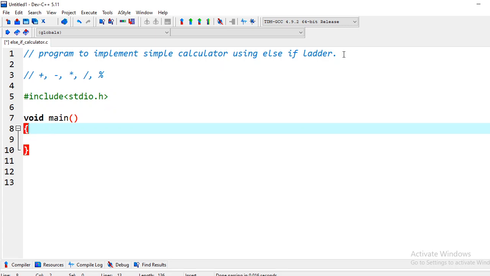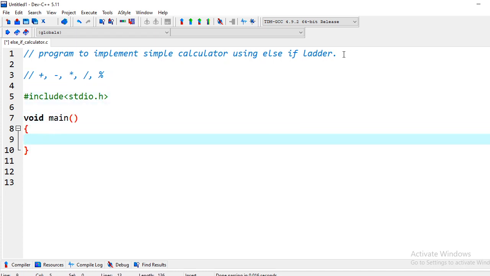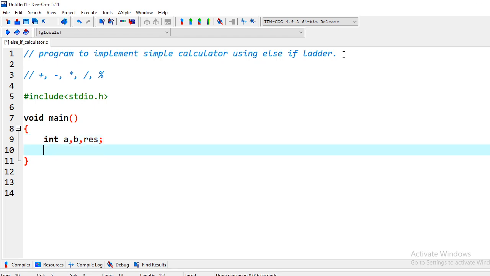As you all can see and just guess, these are the binary operators, right? We have seen different types of operators. These are the binary arithmetic operators. For binary operators, two operands are required as the input. We discussed this when we discussed the operators. So first, let us declare the inputs for them. We will declare two inputs for them, and the third one we will use for storing the result, right? Whatever result we get, we need to store that also. So we will declare another variable so that we can store the result.